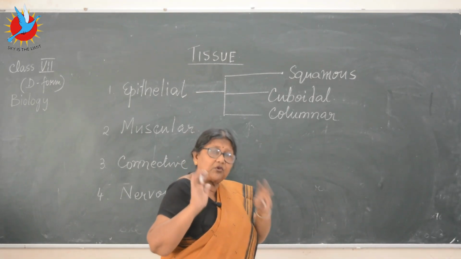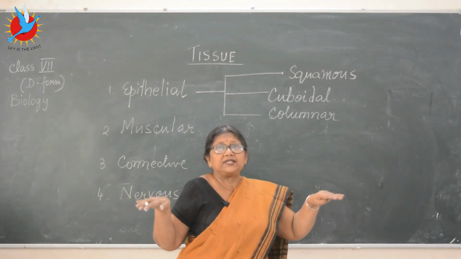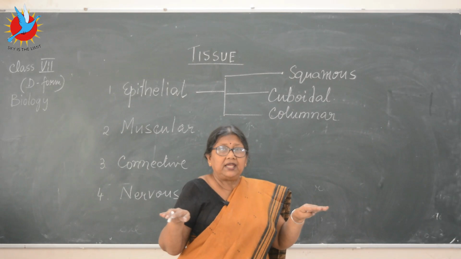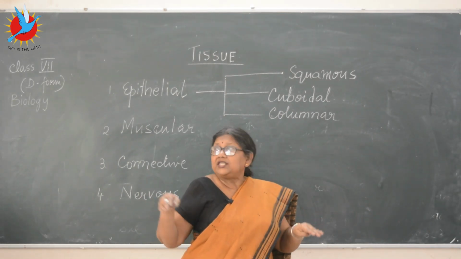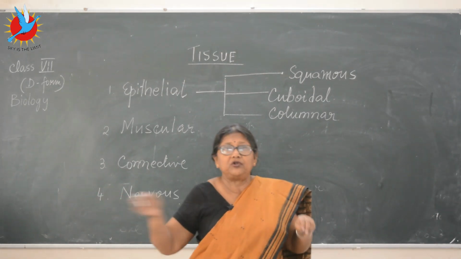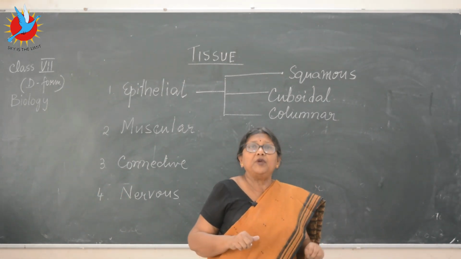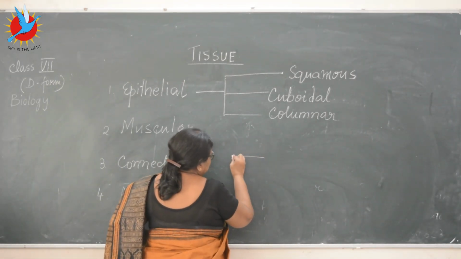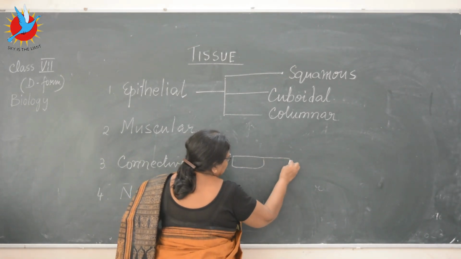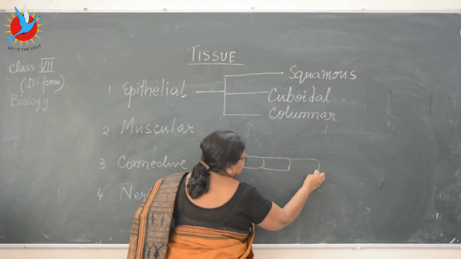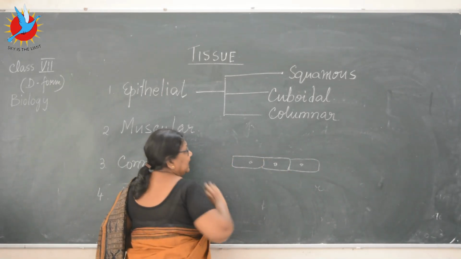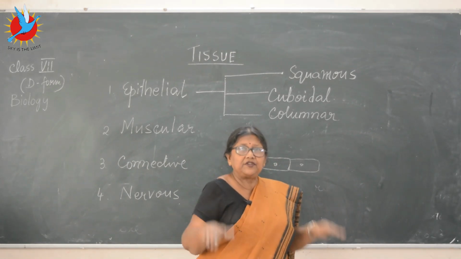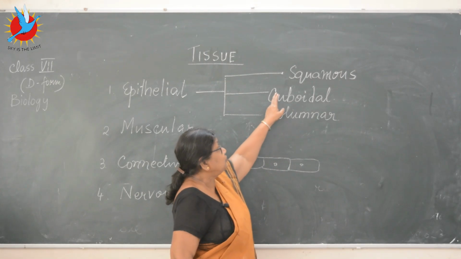The meaning of the word squamous is flat and straight, single-lined. So the tissue in which the cells are all flat and make a surface-like structure, just like you see tiles kept on the roads, same way like the floor of your room. Where the cells are flat, single layer, flat cells without any intercellular space make a flat thin layer surface of any part of the body. That is called the squamous epithelium.